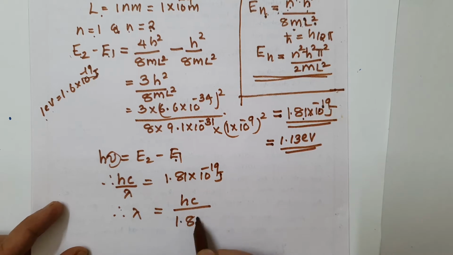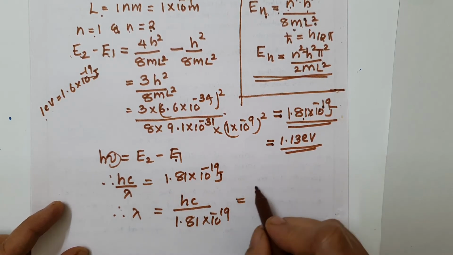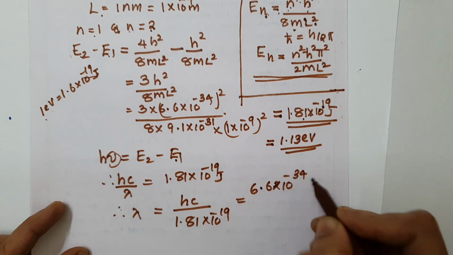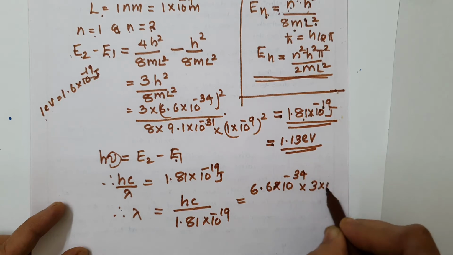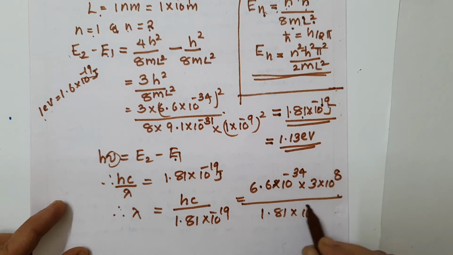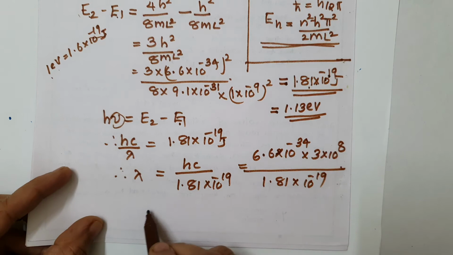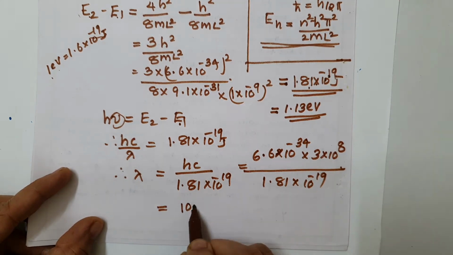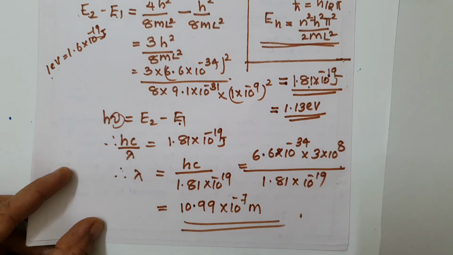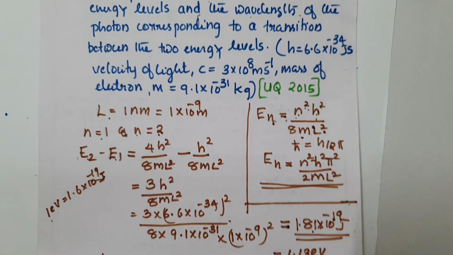That is, h is 6.6 into 10 raised to minus 34 into c is 3 into 10 raised to 8 divided by 1.81 into 10 raised to minus 19. And this will give approximately 10.99 into 10 raised to minus 7 meter. This is the answer. And the next problem is: